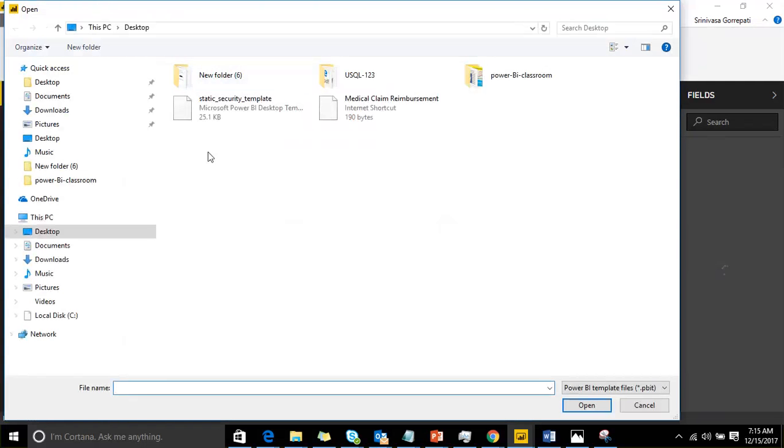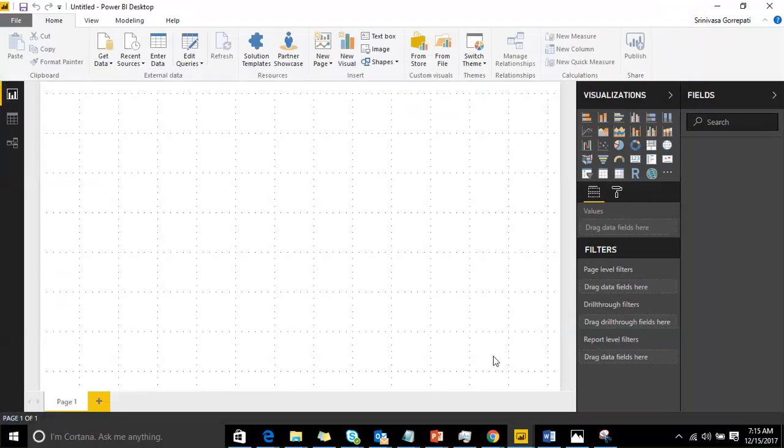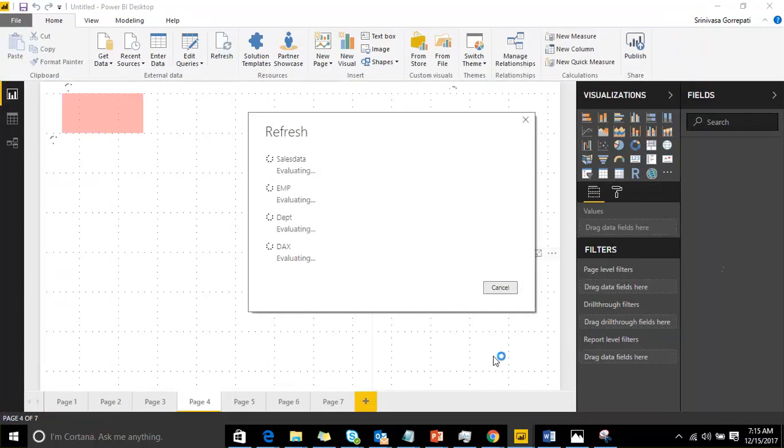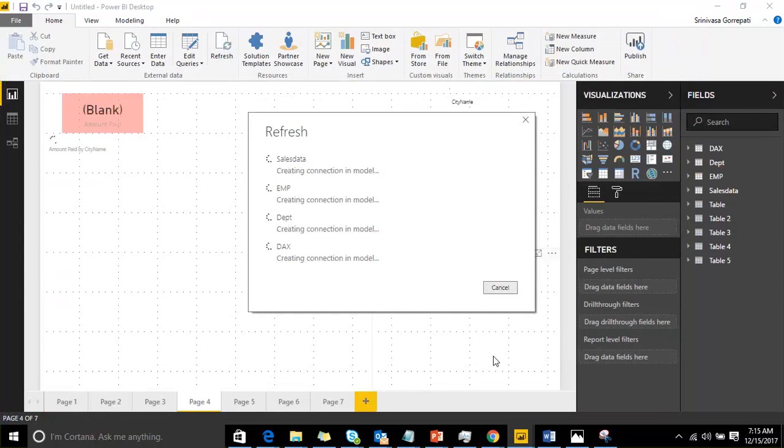So here you are able to see that security template that we created. You can open it, so that as part of that template, whatever the model that you constructed, or whatever the reports that you created, or whatever you developed there, everything will come here. So you no need to redevelop things. That is the use of a Power BI template. So whatever I developed, if I feel that my team or myself is required in other reports, I can save it as a template.